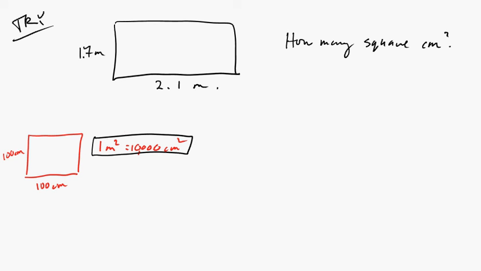Now if I do 1.7 times 2.1, we get 3.57. And that's in meters squared. And so we will use the 1 meter squared and put 10,000 centimeters squared up there. The meters cancel, and we will end up with